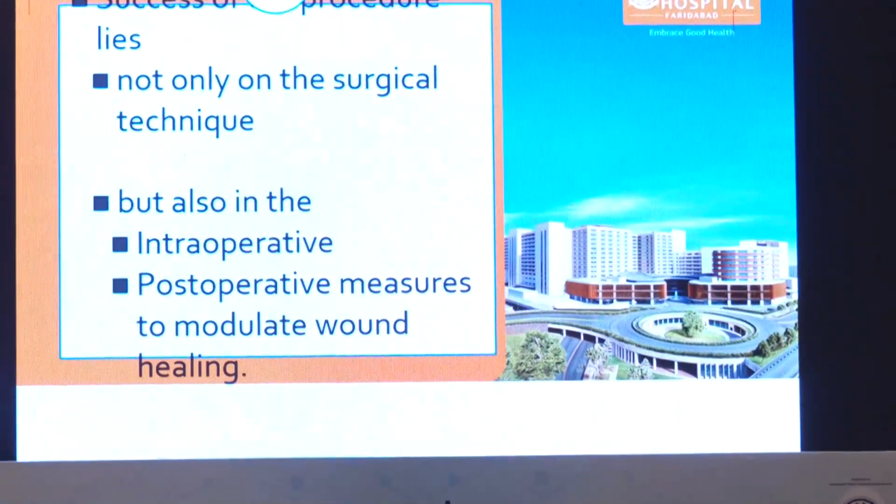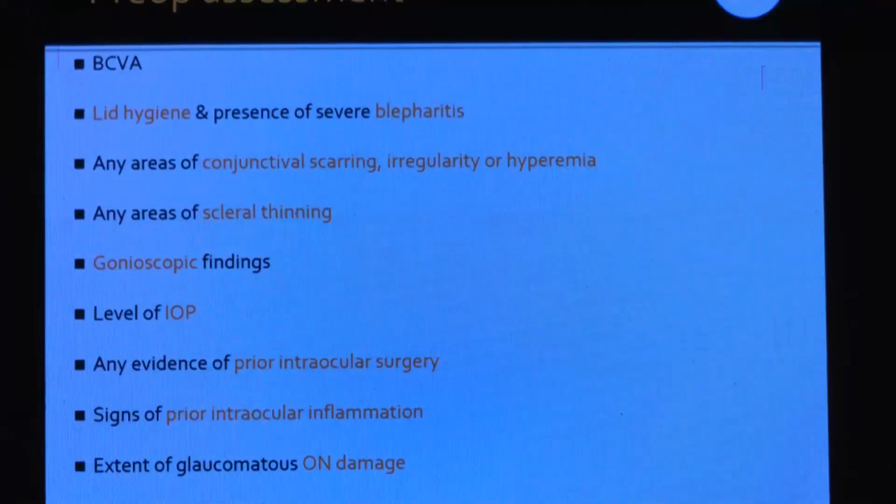It's because the second surgery may compromise the filtering surgery, and the AC shallows further, especially if it's an angle closure. The chances of cataract increase almost threefold in the following time after trab, and a functioning trab may fail. Also patients prefer a single surgery, and the cost-benefit analysis also makes us feel that we should do a phacotrab. The success lies not only in the surgical steps, but also in the preoperative and the postoperative